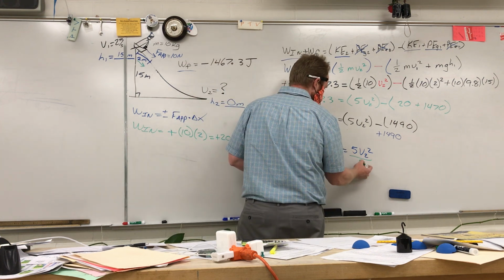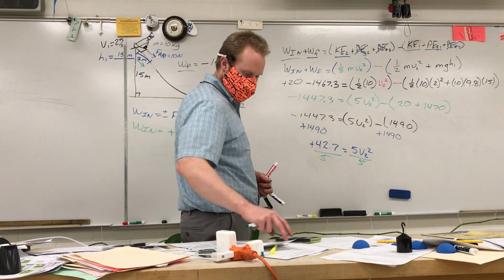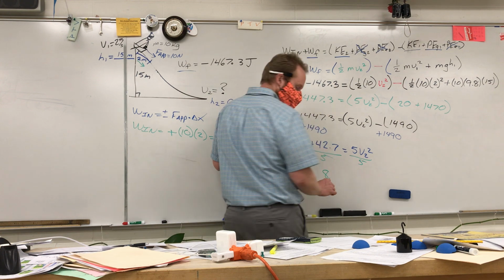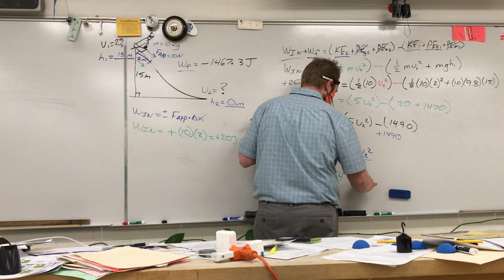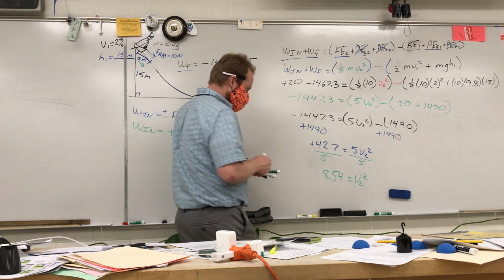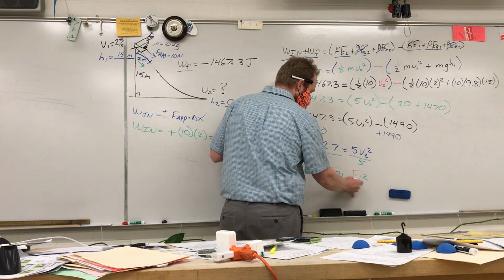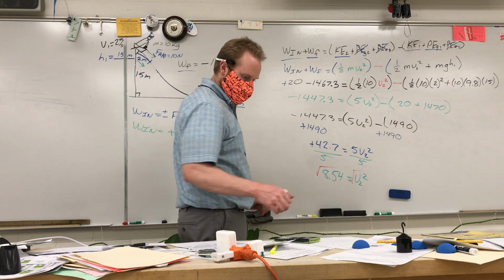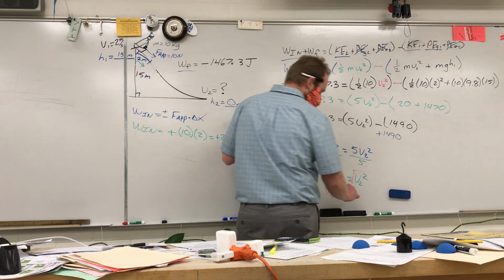Divide by 5, divide by 5. 8.54 is equal to v2 squared. Is that my final answer? No, because that's v2 squared, so we need to take the square root of that number. My v2 is equal to